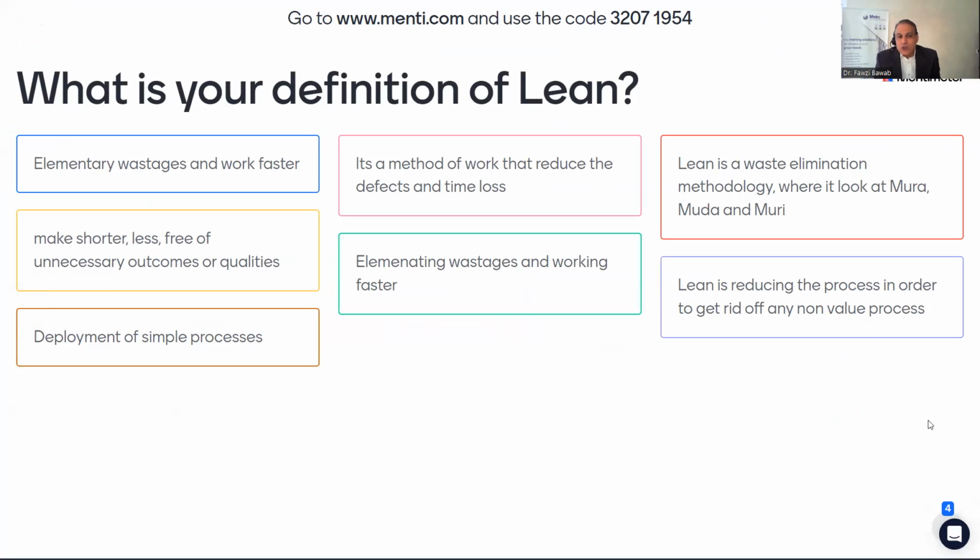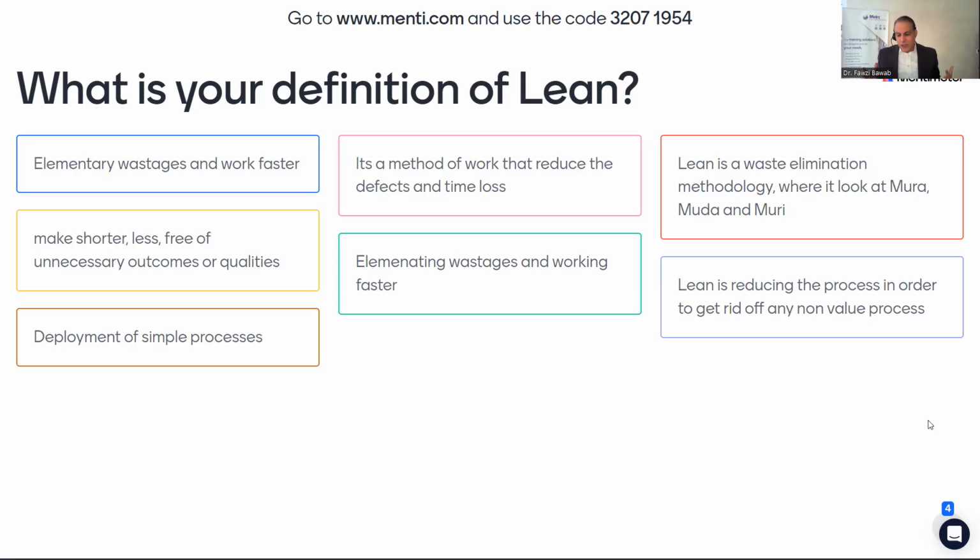fast, shorter. You can see here that word that is appearing as well, which is non-value added. And we can see also someone said that you want to reduce defects and time loss. So I see some common variables here: time loss, speed, waste, muda, as the Japanese call it, which is the different types of waste. And you can see here the words simple processes, which is interesting, because maybe